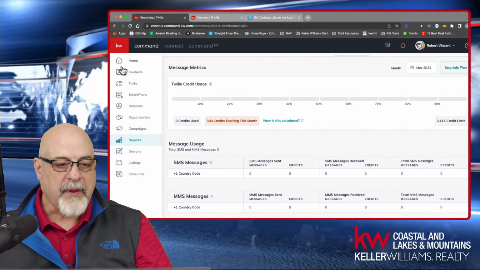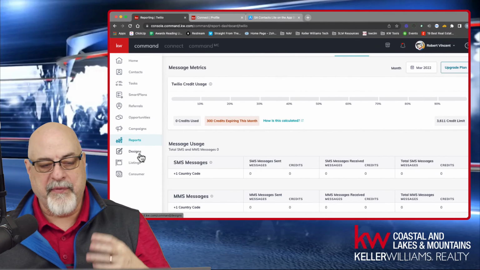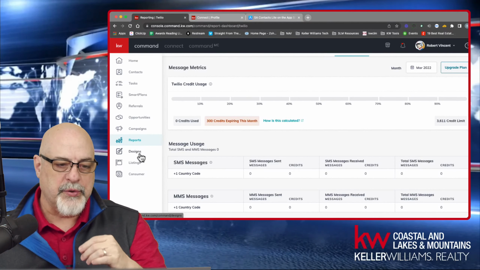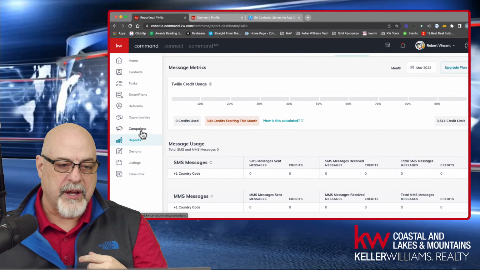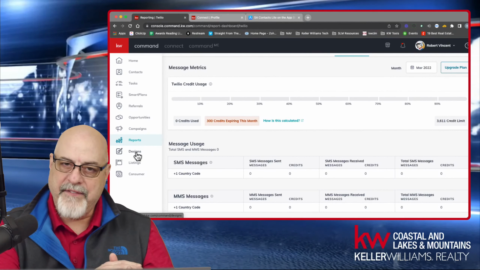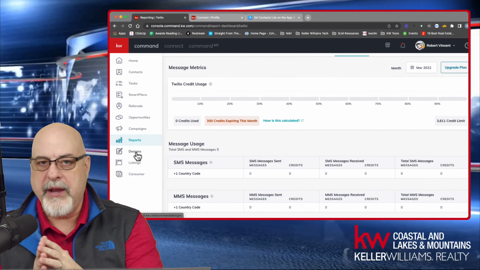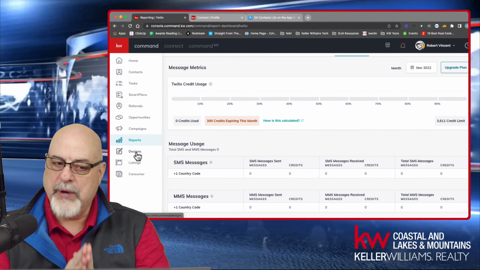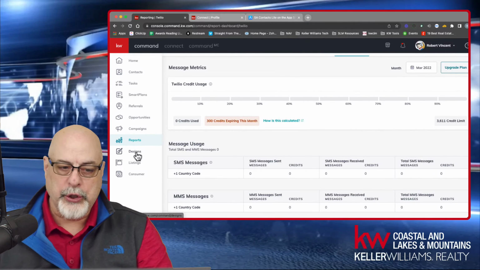All right. Now we get down to the designs area. Before we click on this, though, I want to express to you that designs are very closely tied to campaigns and smart plans. Designs are the graphic element of the campaign or the social post or your smart plan. So these are the graphic elements. Designs include